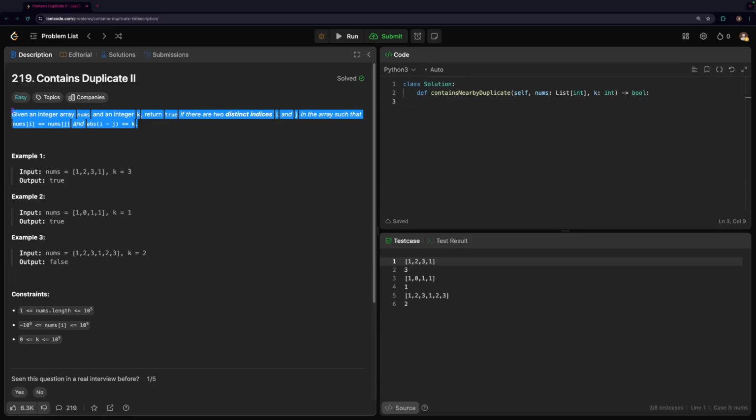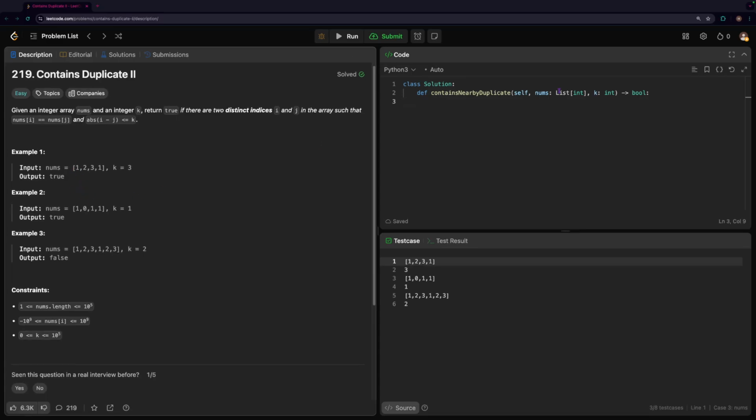But for this Contains Duplicate 2, we actually also have to keep track of the actual indices. So we need to know what i and j are. So we can't use a set. We have to use a dictionary instead, because a dictionary, or a hash map, would allow us to have key-value pairs instead of just storing a key. So the first thing I'm going to do is start out by creating that dictionary,